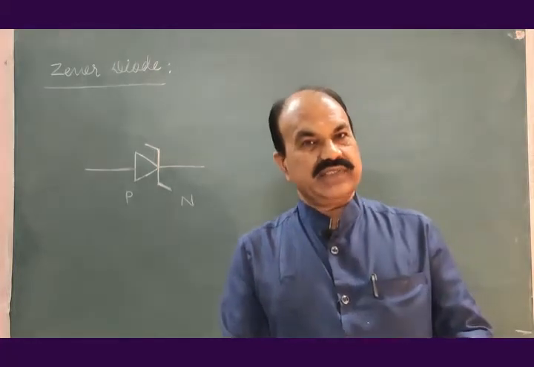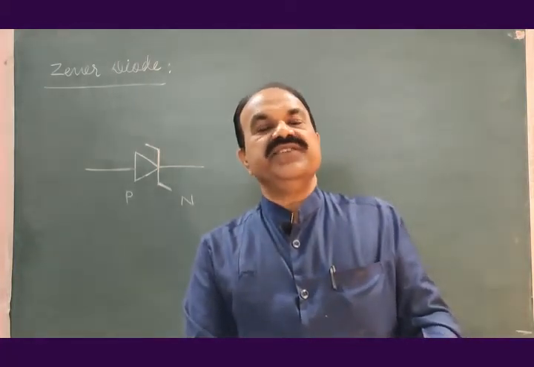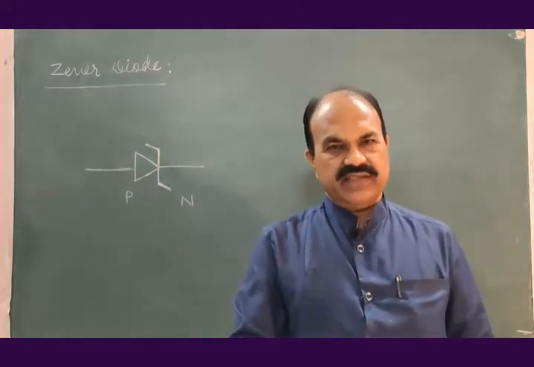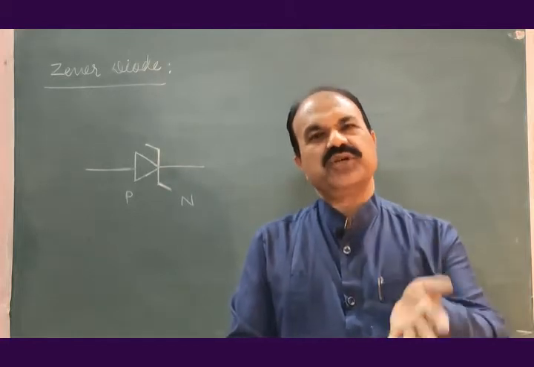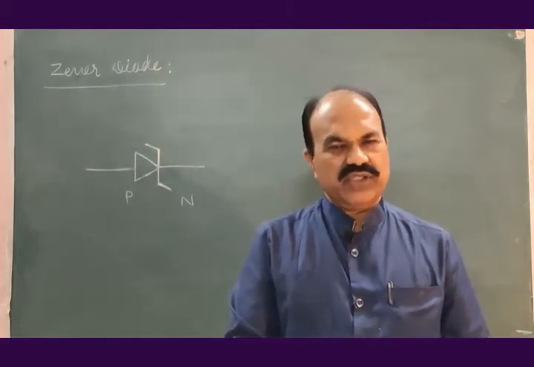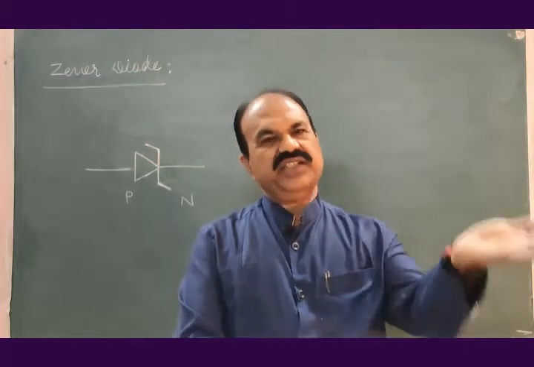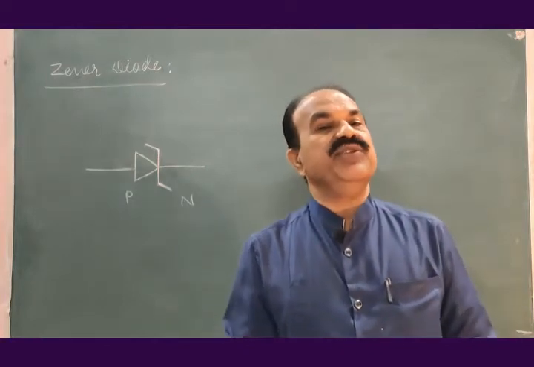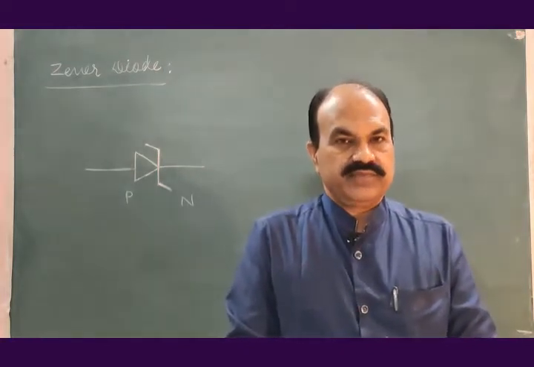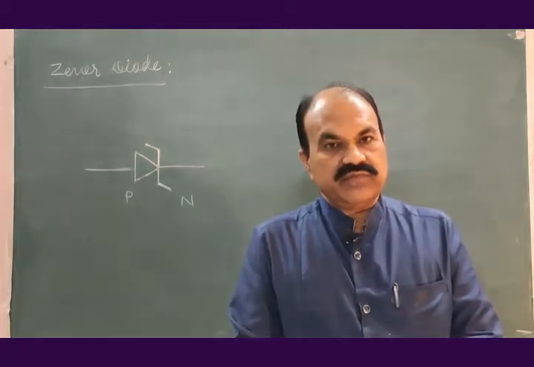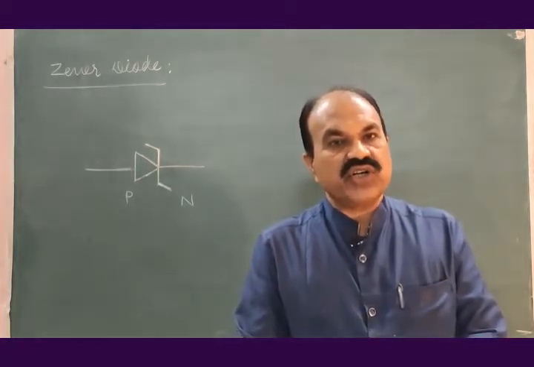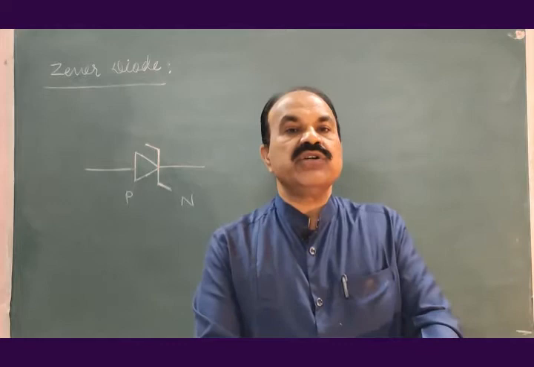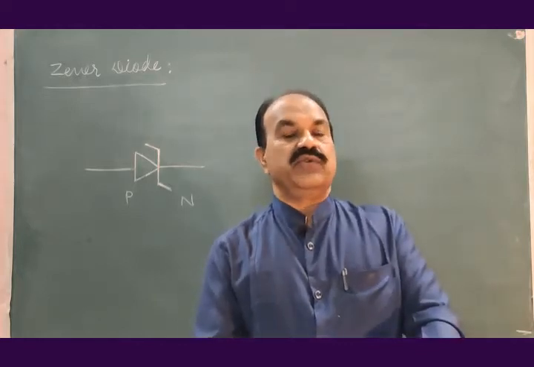That provides the parameters of the Zener diode: its resistance in forward bias, its resistance in reverse bias, the opposition to flow of electrical current through the Zener diode when it is in forward bias and when it is in reverse bias, and the maximum current handling capability of the Zener diode. If the current flowing through the Zener diode is not controlled, very heavy current may flow through it and it may burn the Zener diode.